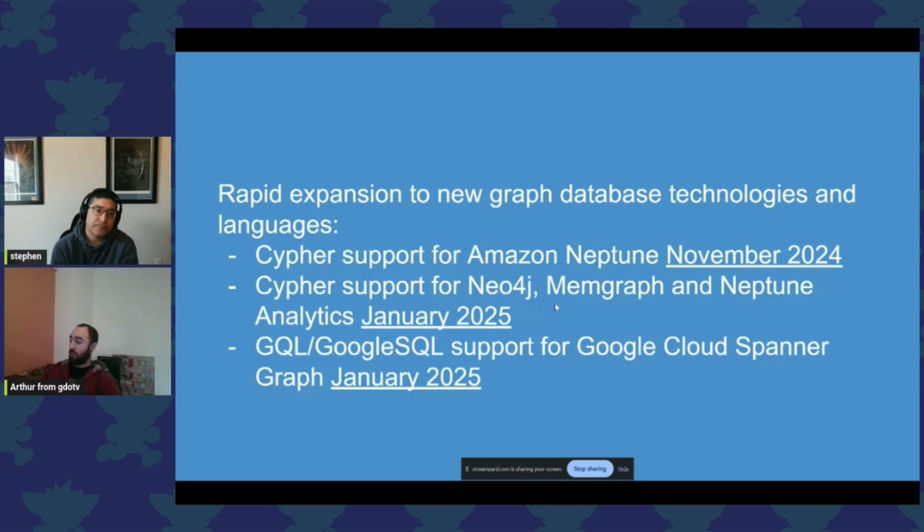Afterwards, and that was actually just a month ago now, we've added support for Neo4j, ORDB, as well as the local version, memgraph, and Neptune Analytics. Neptune Analytics, if you're not familiar with, is the sort of OLAP version. Apologies if I'm butchering the description there, Stephen, of Neptune that allows you to perform large-scale analytics on graph data